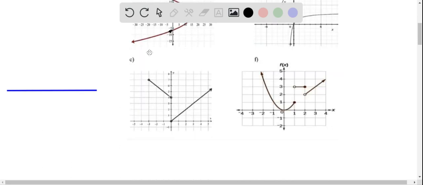Now let's check the graph given in part C. Once again, I'm going to use this horizontal line. Before that, I see that this graph extends like this because we have an arrow here. So we can clearly understand that it goes like this. And now let me place this horizontal line. I'm placing the horizontal line. I can immediately see that,